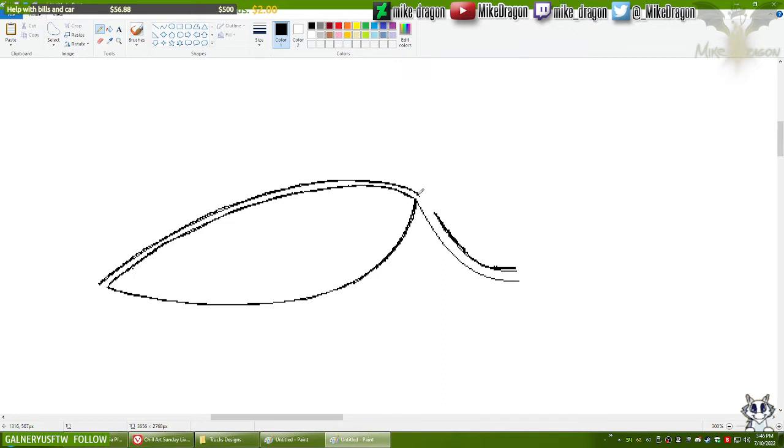This pen that I am using now, I normally use it only when I am coloring on Photoshop because it feels more comfortable over there. It doesn't feel as comfortable for sketching on paint. I don't know why.